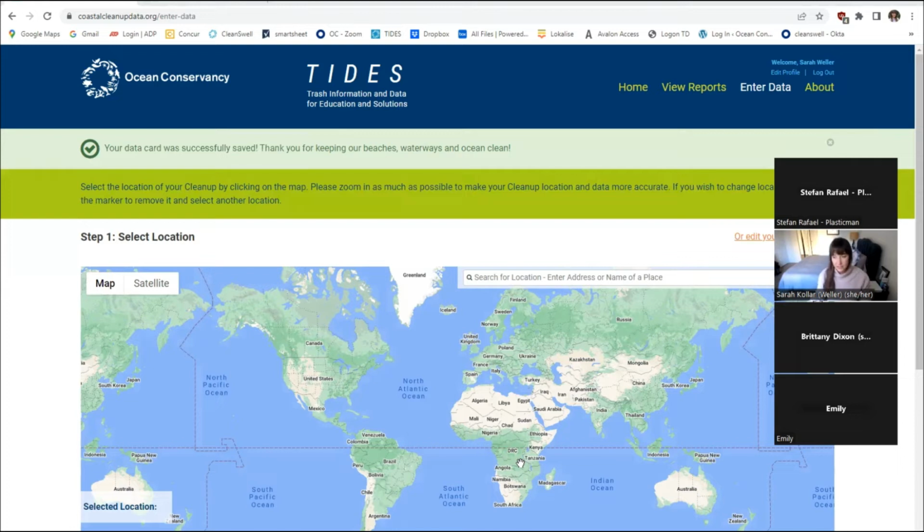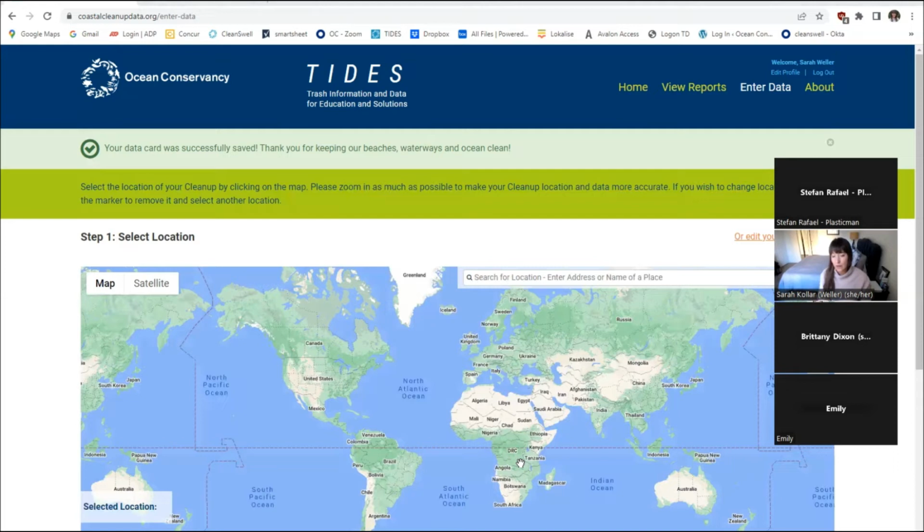We wouldn't expect volunteers to know GPS coordinates like longitude and latitude, but if they're not giving you any cleanup location at all, even like a park name or a beach or a river, that's tough. Yeah, if they don't give you any information where their cleanup took place, maybe defaulting to your office is a good idea. If they have even a landmark, like I said, a park, a beach,